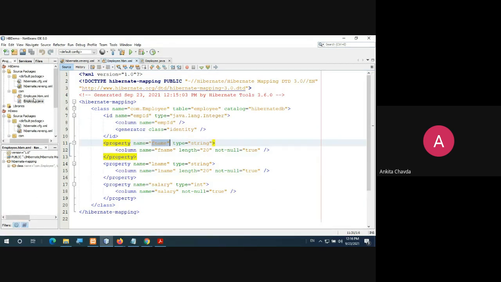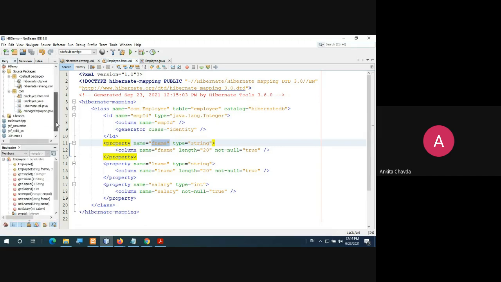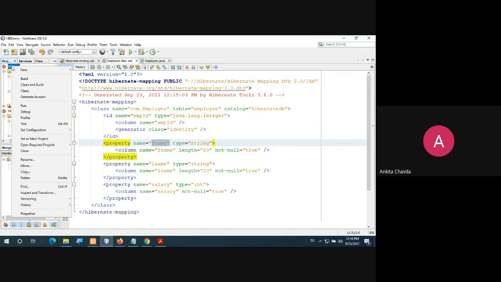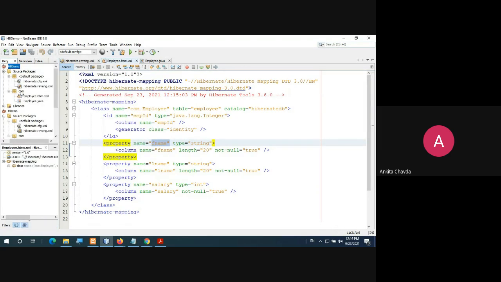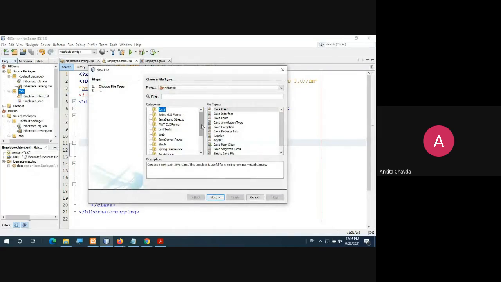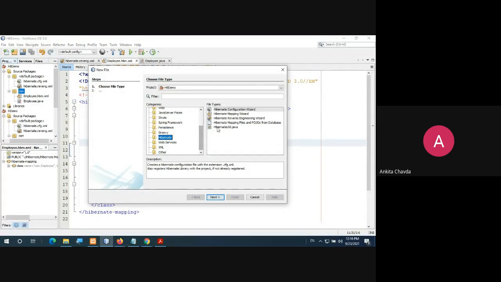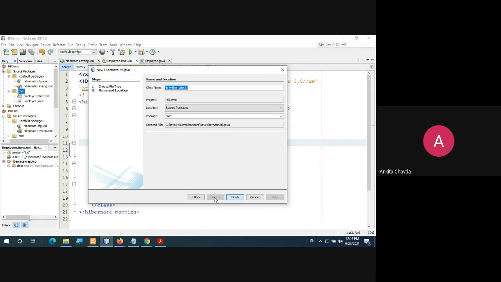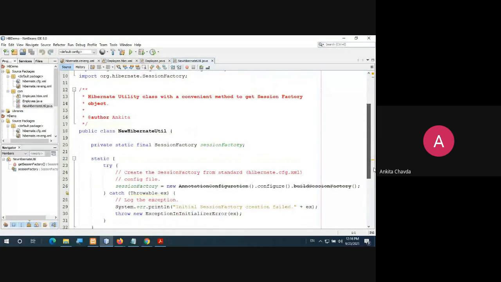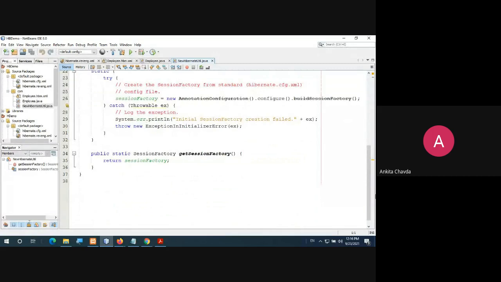Okay. Now, after these two steps, what you need to do is create one Hibernate util file. So just go to this package. Don't right click on this. Go to the COM package, right click, create New, Other. Again, choose Hibernate here, and you have the HibernateUtil.java file, the last one. Whatever name you want to keep, you can, and simply finish it. This is the file which will simply return the session factory object that you have used, right?